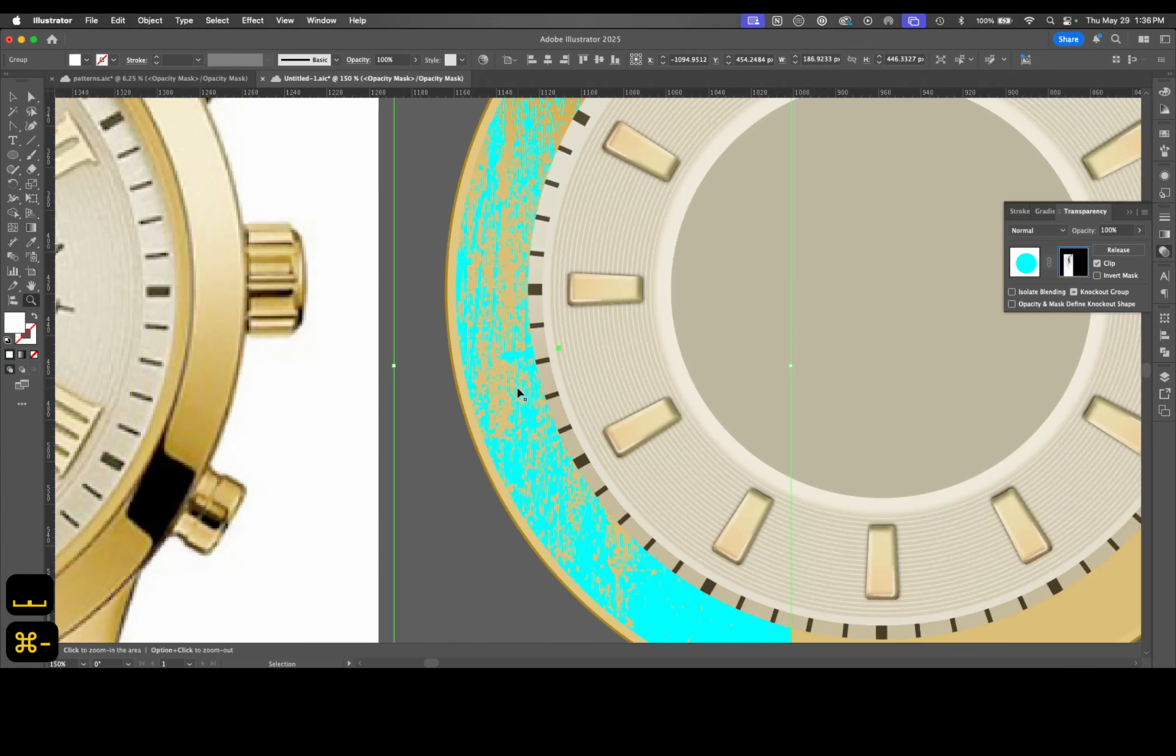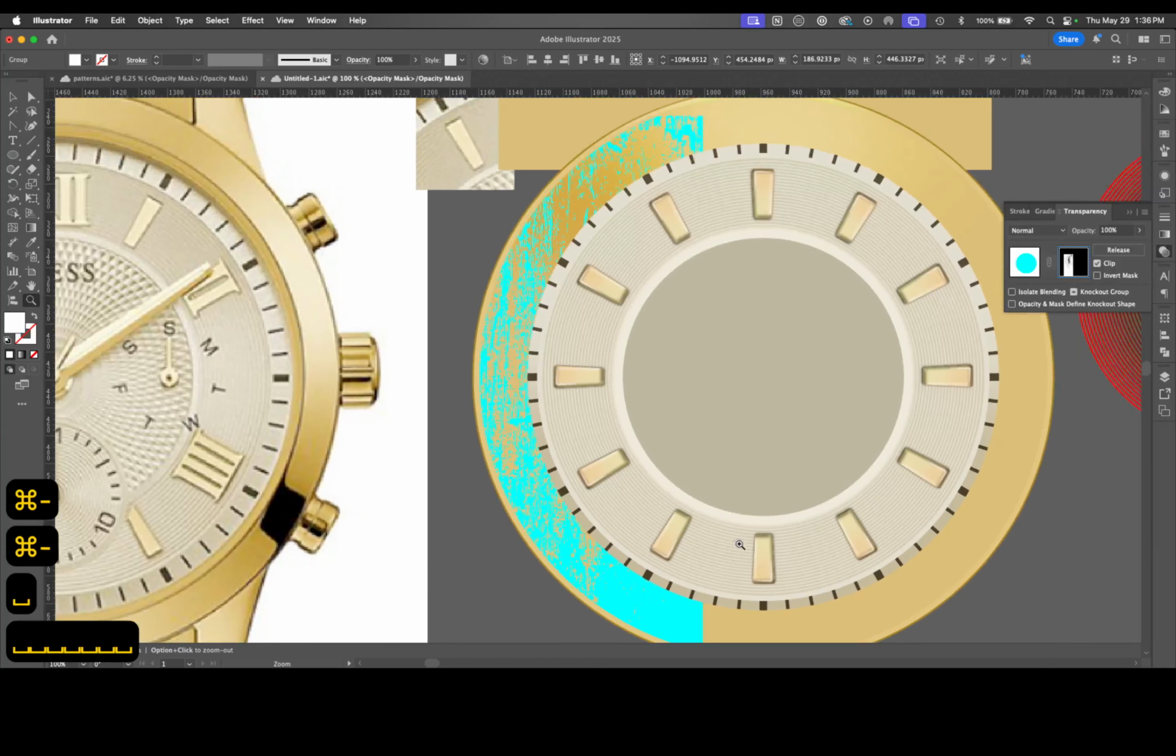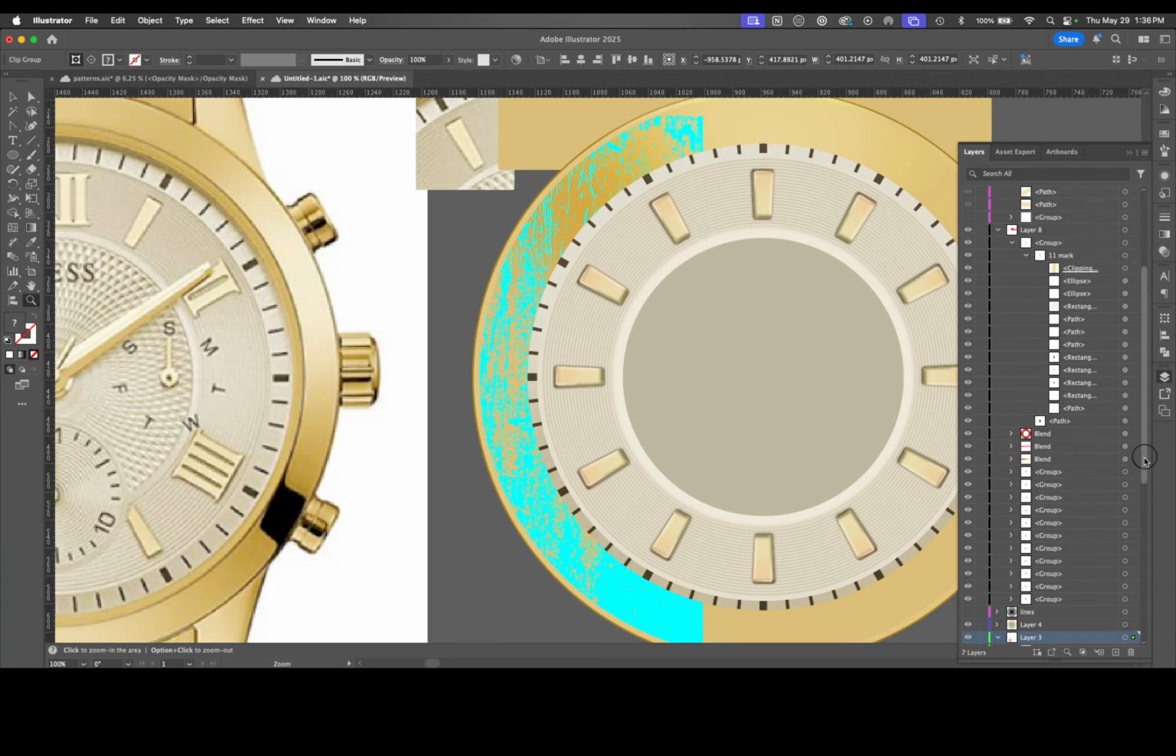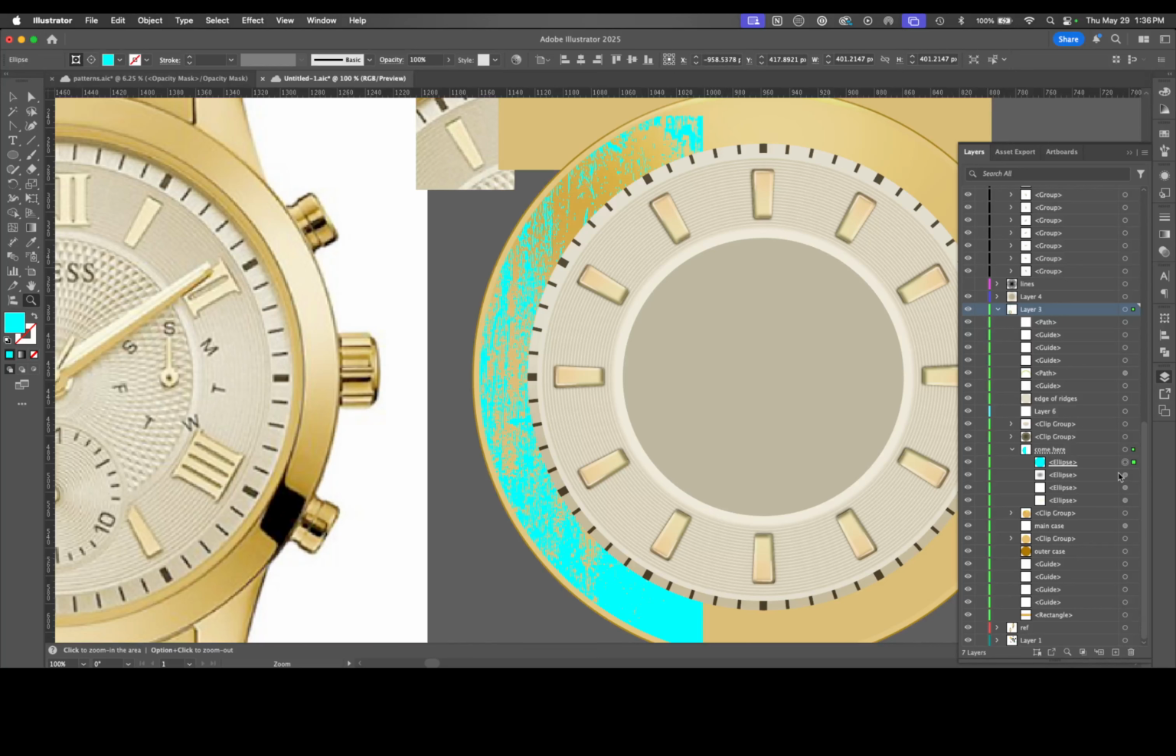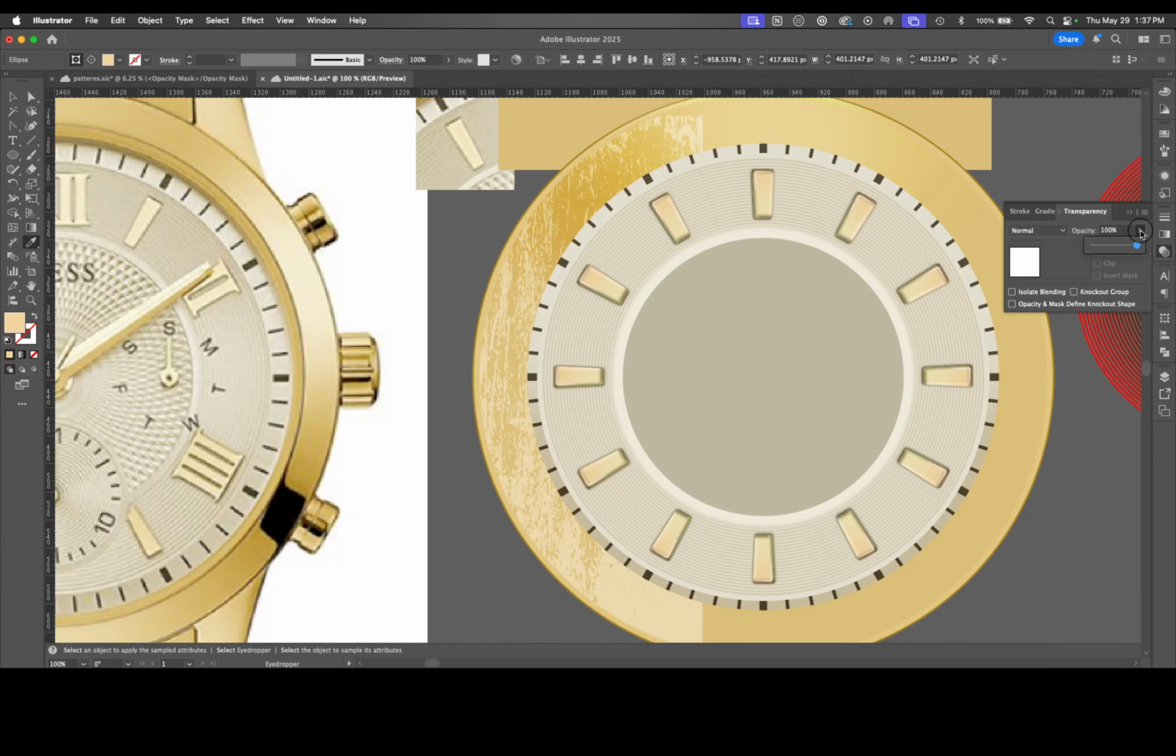Okay, now here's the trick. The trick is I want to make this blue be very, very close to this color. So I'm going to eyedrop, okay? And that grabs something weird, but I'm going to get close to this. And if I can't get close, I'm going to kind of get over here. That's a little bit better. And then I'm going to drop the opacity,